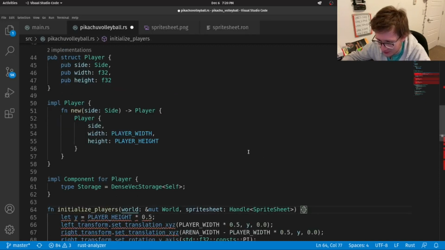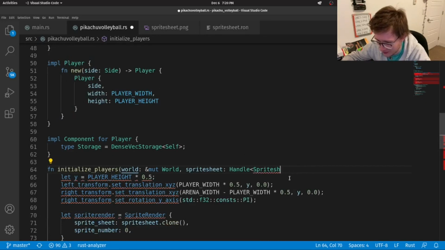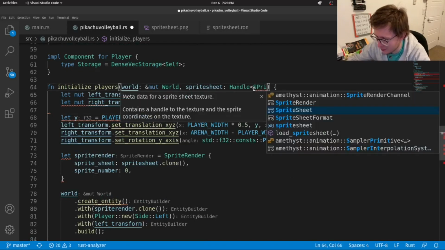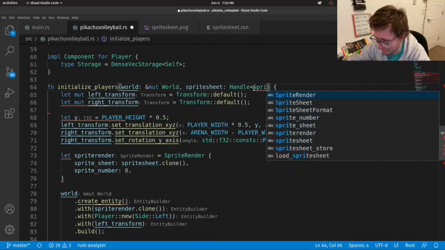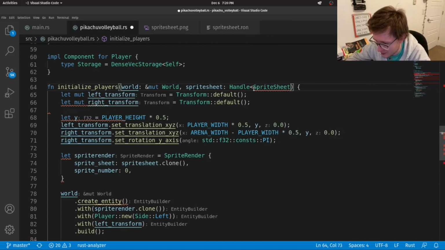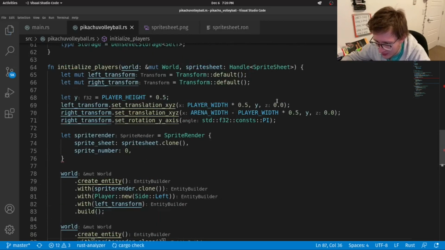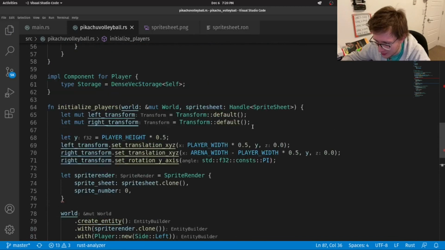Let's just go back a bit. Oh, I deleted a bunch of stuff. Okay, so in here, my bad, we'll add sprite sheet again. Sprite sheet. Okay. Hopefully it didn't control Z anything that we needed. But yeah, no, it looks good now.